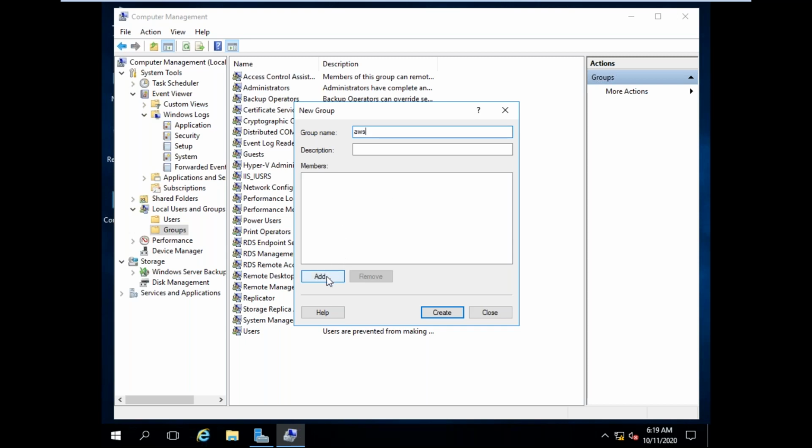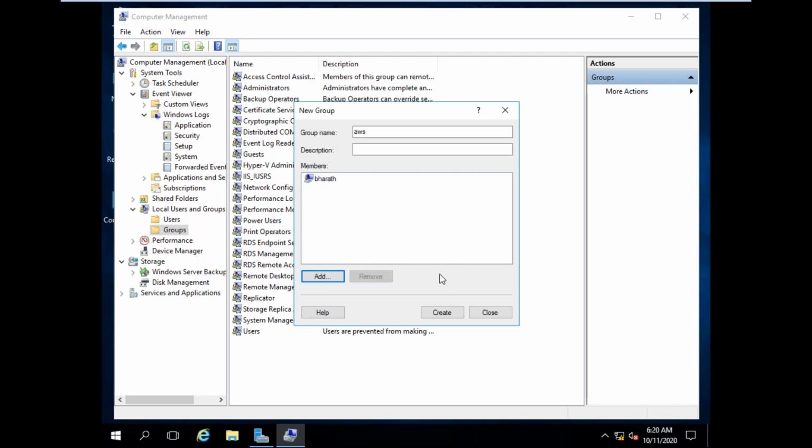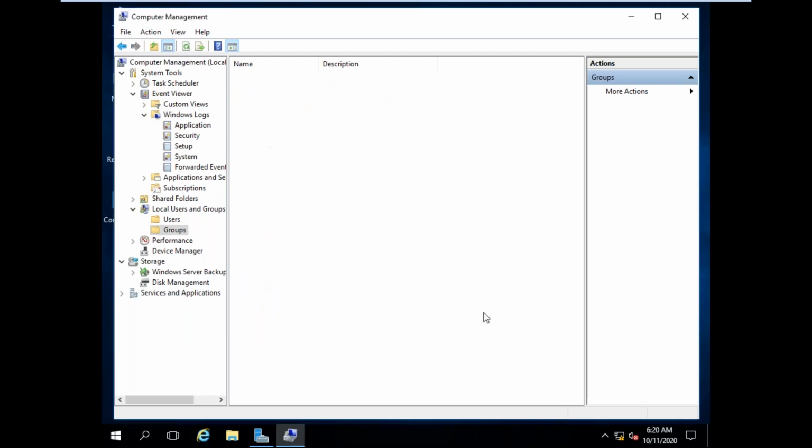You can add the members here, or after creating the group you can also add. Click on Add, write which user I want to add, Bharat. Check the names. Bharat is there. Click OK. Click Create. Now close.